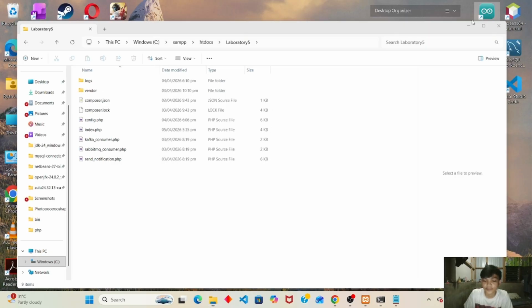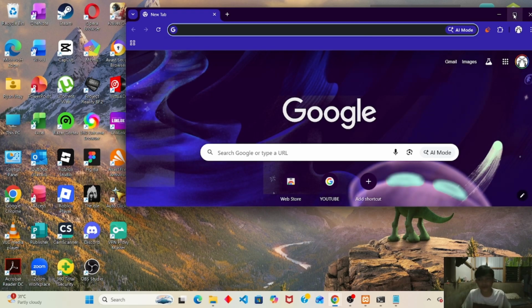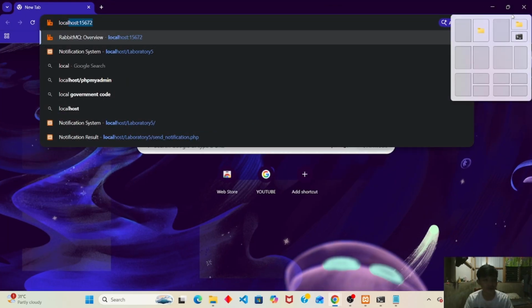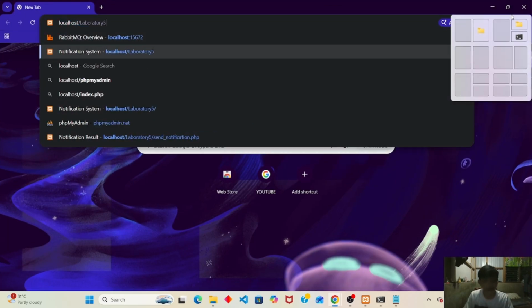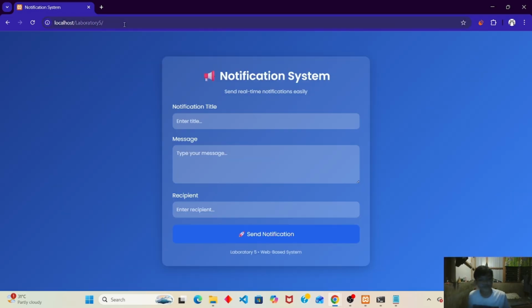Let's go to Chrome. Let's open Chrome, and we're going to type localhost. We're going to open the XAMPP folder that we used. As you can see here, this is my UI design. This is my notification system: your notification title, message, and recipient.